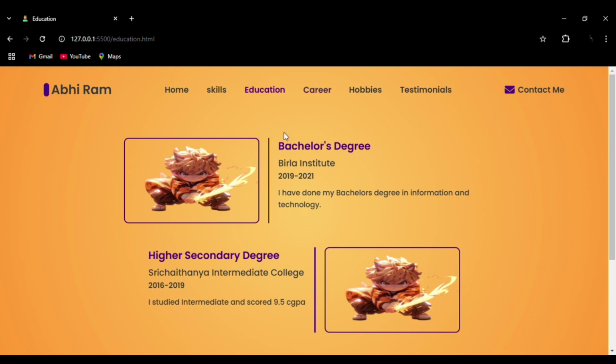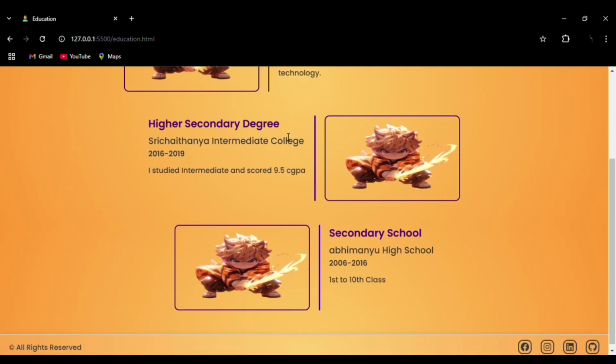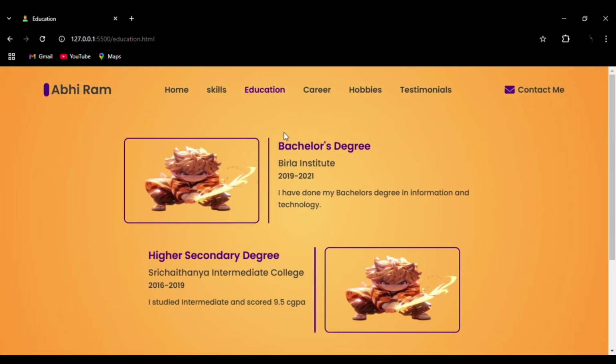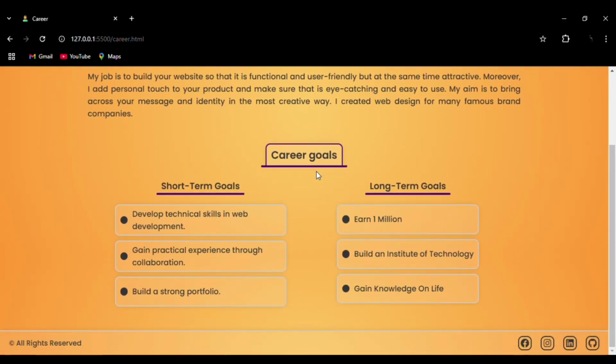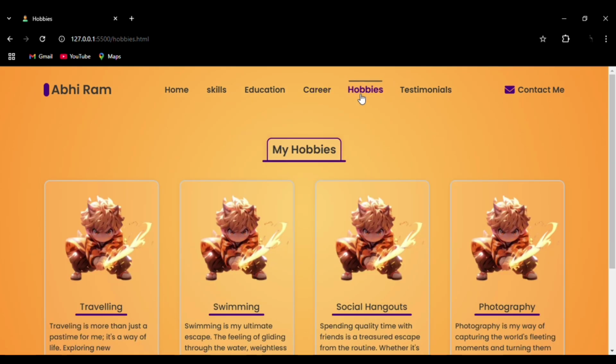You can see this is the education section. They are aligned one after the other using flex. Then we have career. In the career you can see the box shadow effect around each and every goal. You can see how professional it looks. Then we have hobbies,